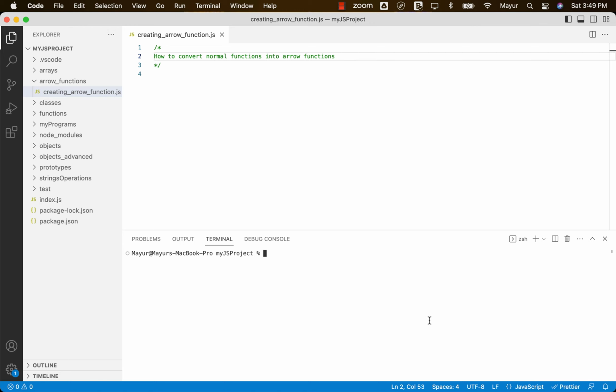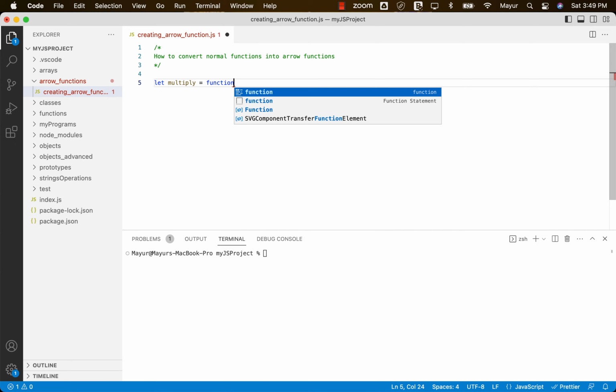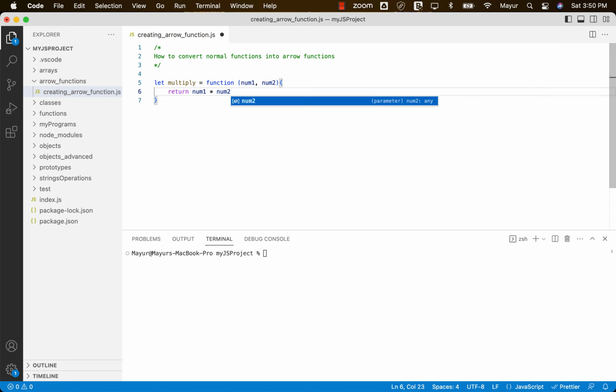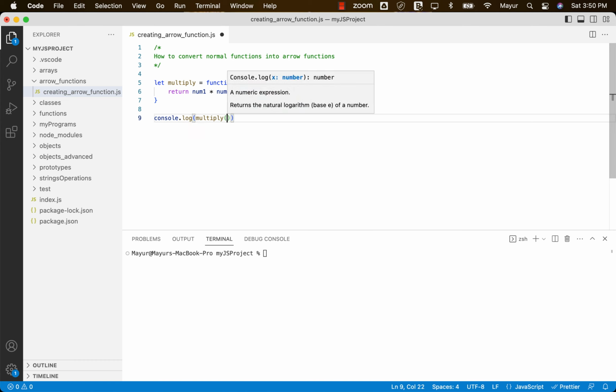So in this very first video, let's talk about how we can write simple functions and convert them into arrow functions. Let's say we want to create a function to multiply two numbers. We can begin with something like let multiply is equal to function. Now we can give it some name, or we can create an anonymous function. Over here, I'll just do the anonymous one. It takes two numbers, say num1 and num2, and I simply want to return the multiplication. Now, very simple. And when I do console.log multiply, say 25 and 30,